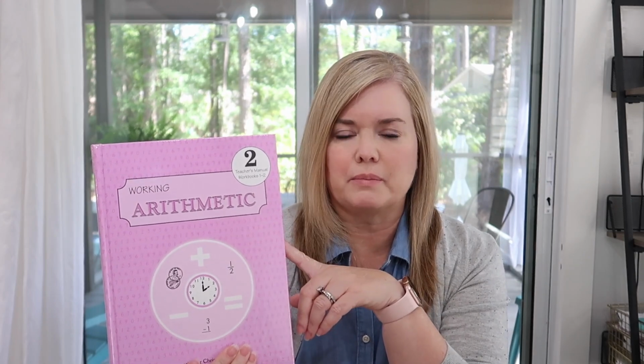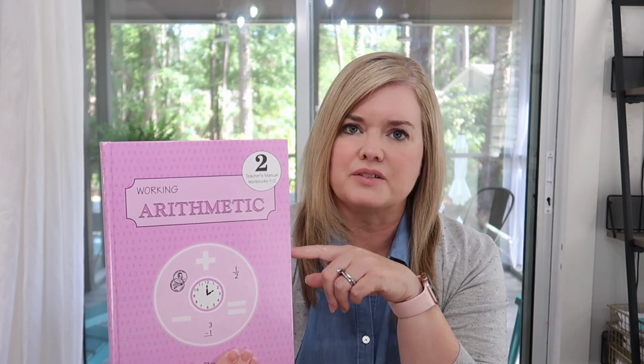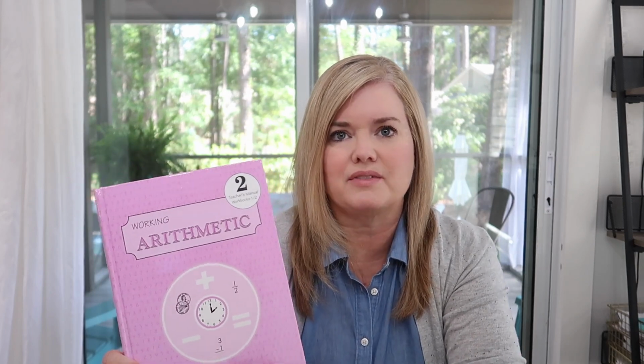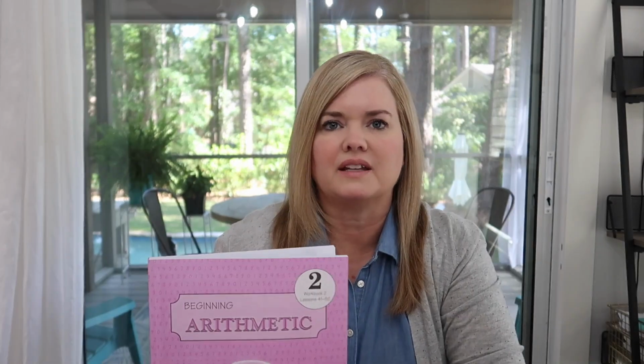It's very repetitive. So if you have a child that struggles in math, struggles to memorize math facts, anything like that, this is really a perfect solution. This is just good old-fashioned basic math. There's no bells or whistles here. Let me show you some of the pages. It's not colorful or fancy by any stretch, but it's just good old-fashioned math with enough memorization